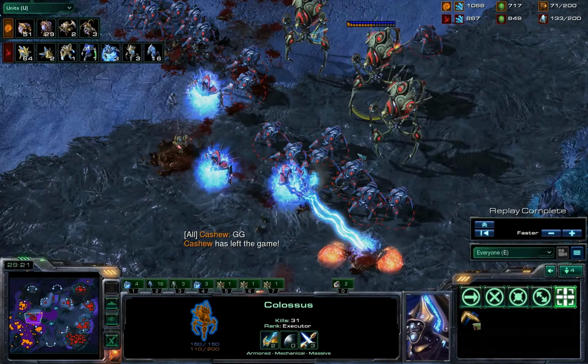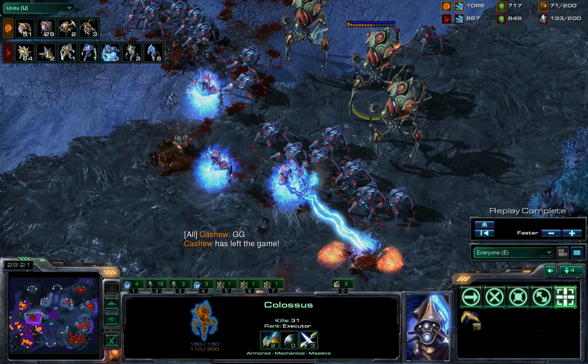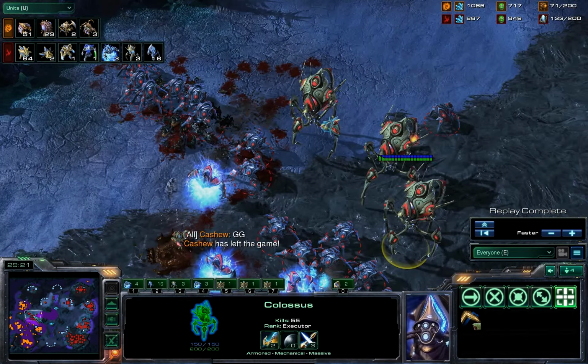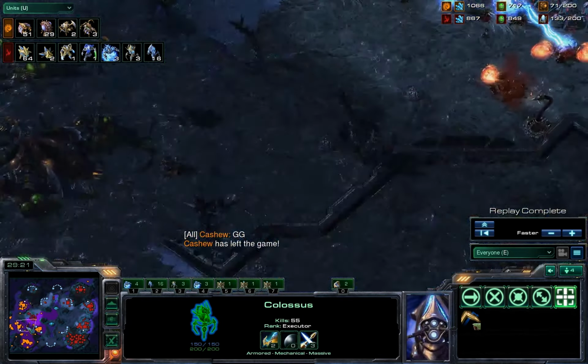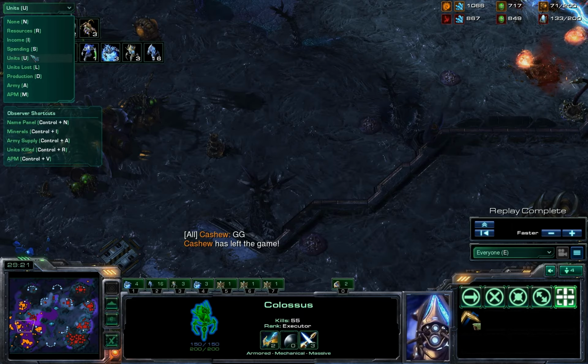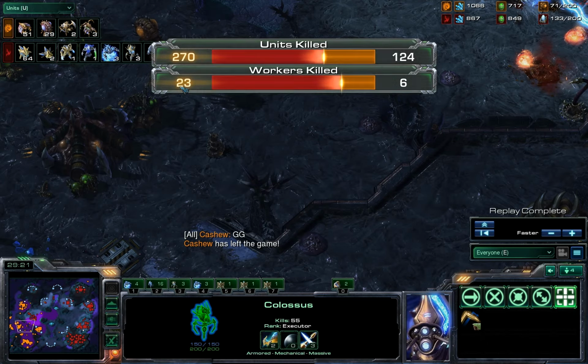I felt he definitely had the game at a few key points on those engagements, but absolutely terrible micro by Cashew, letting Brasso get back into the game. But I think both players can learn a lot from this if they watch the replay. More harass, they're both letting themselves sit back and pretty much go unchecked. They've suffered pretty much nothing. I want to go to the units lost. Can I get the units killed? Only 6 workers killed. Wow. And 23, I don't even remember when that was, but I think they've left a lot of room for harass